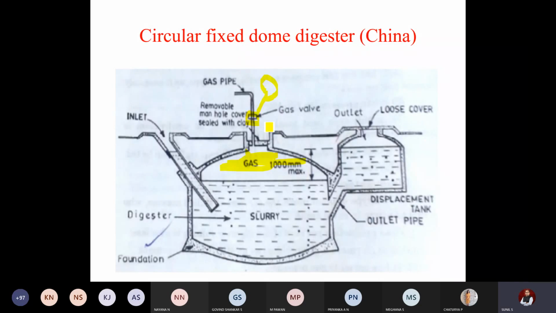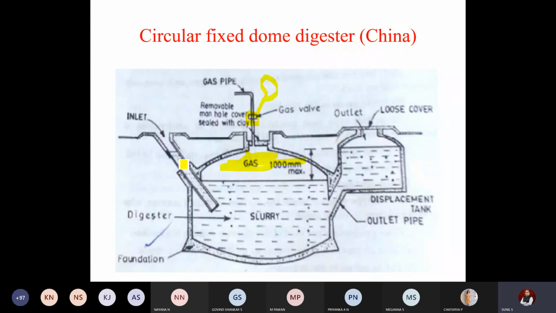The plant can be constructed by a village mason. You don't require any engineer or any contractor for that. A village mason, just keeping the drawing, can dig a hole and build a brick construction. It requires only good quality cement and good bricks to avoid leakage problems and to promote longer life. So why was this model more preferred under the name Janata is the next question. It was preferred because this model has a higher capacity. For the same size of plant, the capacity of this model is higher as compared to that of the Indian design.